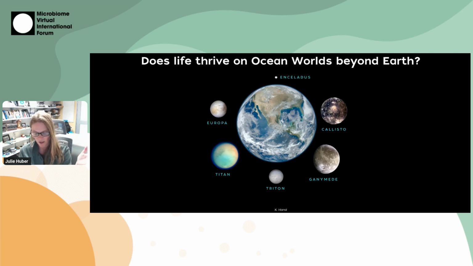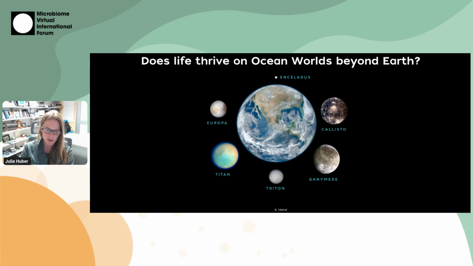So just as our technology to help us study the ocean has improved, we've also learned more about oceans in our solar system. We know that Earth is no longer unique in having an ocean, and shown here is Earth with planetary bodies in our solar system thought to have a liquid ocean. Given we think water or liquid media is essential to life on Earth, we are following the water. And this discovery has just opened up a lot of possibilities for our search for life beyond.